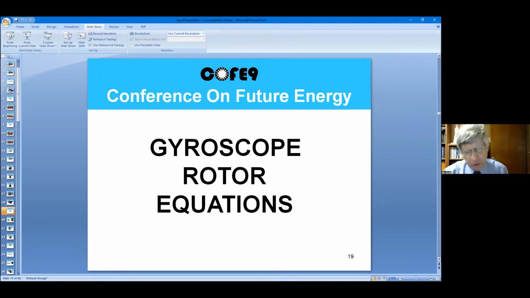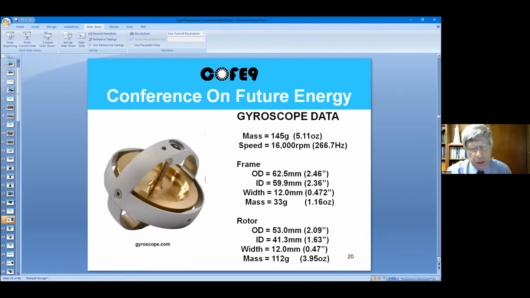Okay, now we have to do all the inertia calculations for all the individual parts, starting with the gyroscopes. And that's done by taking the manufacturer spec. These little gyros have about a 2-inch wheel on them, and they spin at 16,000 RPMs. It weighs 145 grams. And then you have the inner and outer frame diameters and the mass of the frame, the inner and outer diameter of the rotor and its width and its mass. And then the next step is you plug those into all your inertia equations,